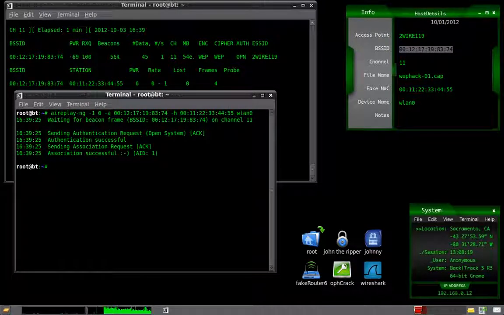And what we're doing there is we're trying to associate the fake MAC address with the access point to generate traffic so that we can perform packet injection. So it says here, sending authentication request and association is successful. That's what we want. So next we're going to type aireplay-ng -3 -b, and then that